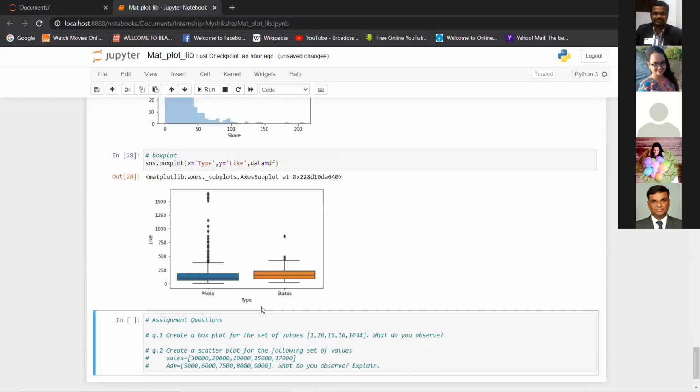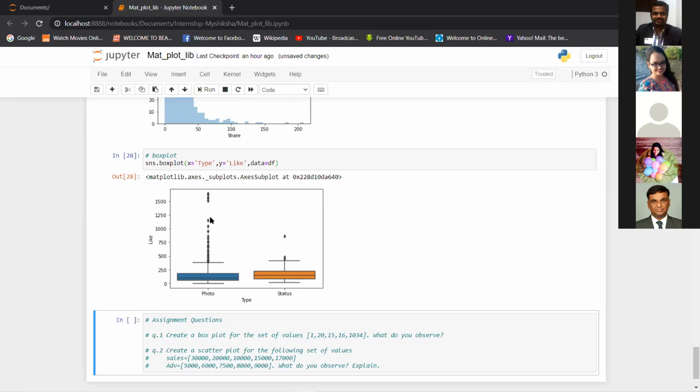Fine. So we get two box plots because we have type on the x-axis. Now you have two types of posts on Facebook. One is status update, which can be textual or imagery, and then you have photos, which are purely images.